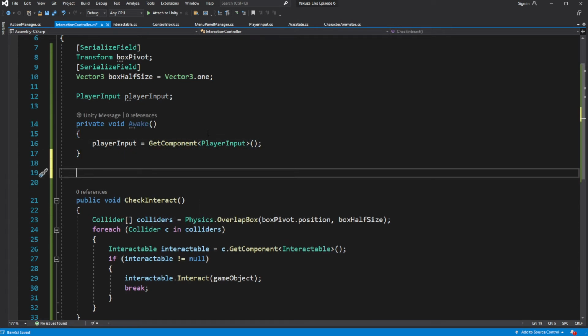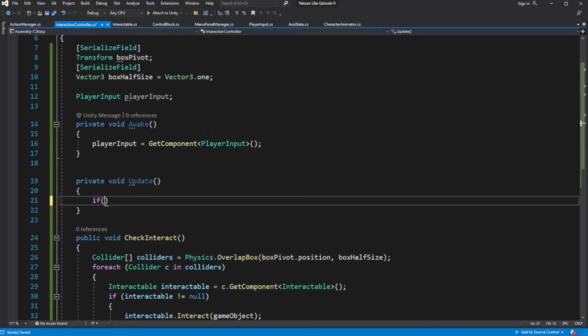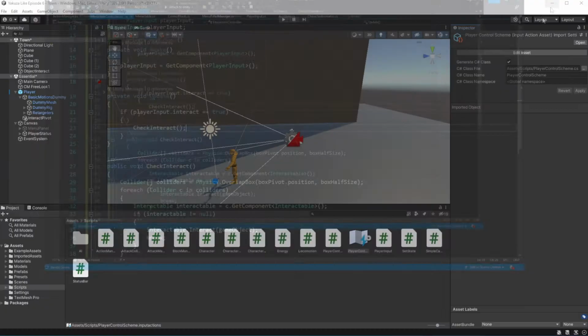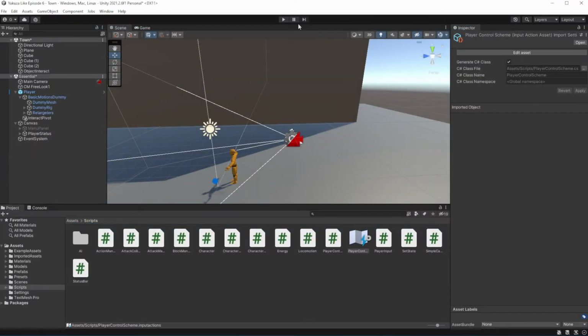Inside the player interact, call checkInteract method. If the interact is pressed, let's test this.